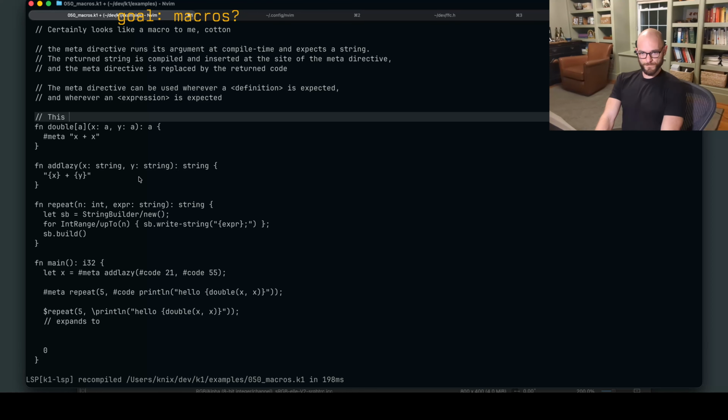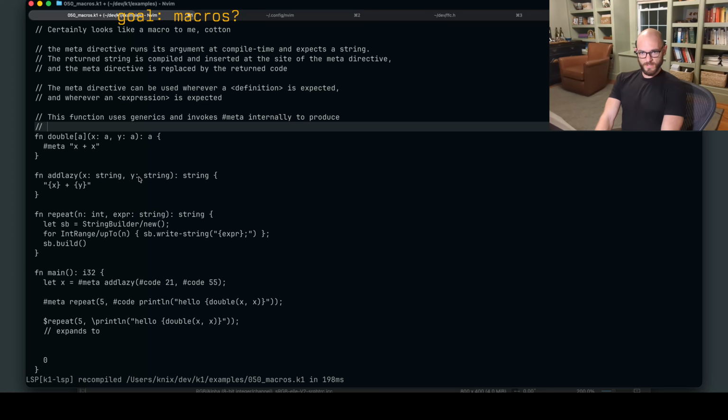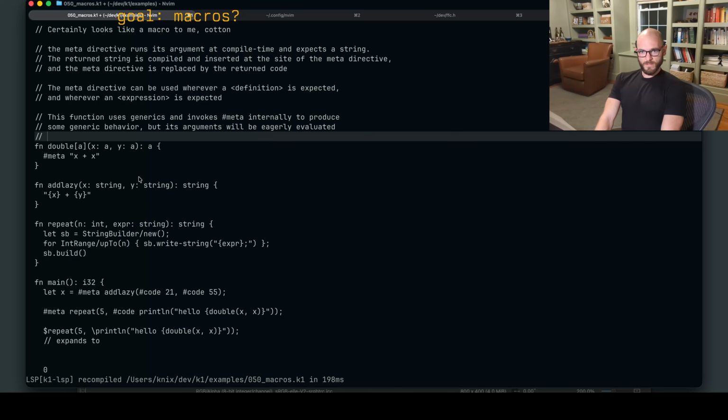This function uses generics and invokes meta internally to produce some generic behavior, but its arguments will be eagerly evaluated, more like a function call than a macro in the canonical understanding.